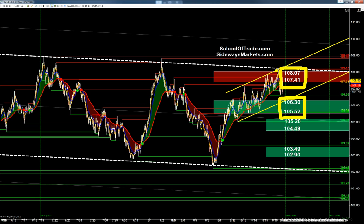Those are my big numbers here on this chart, because now I know that if I'm looking to get short, I'm going to take my profit and look for a reversal at 106.30. If I'm long, I'm taking my profit and looking for a reversal at 107.41 or 108.07. So as you can see here, these levels of support below us and resistance above us will become very important,